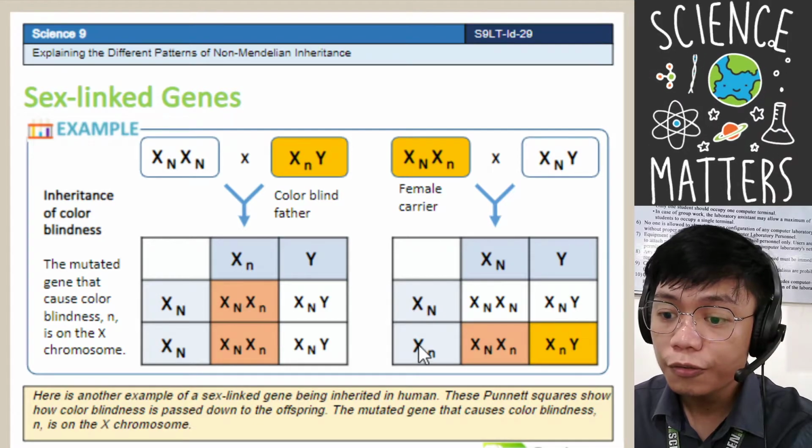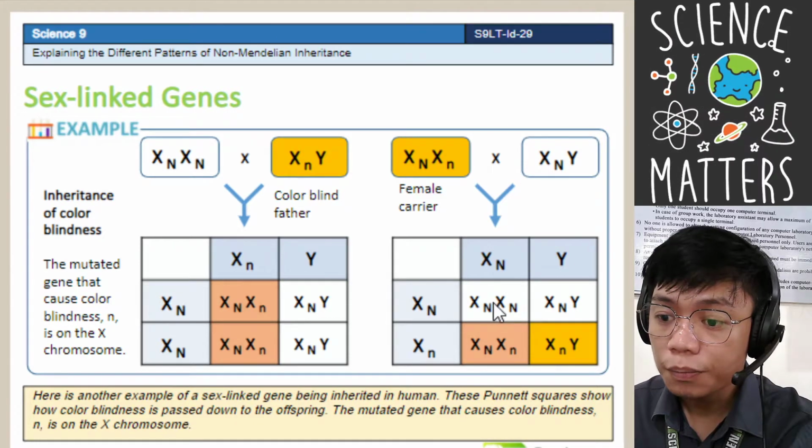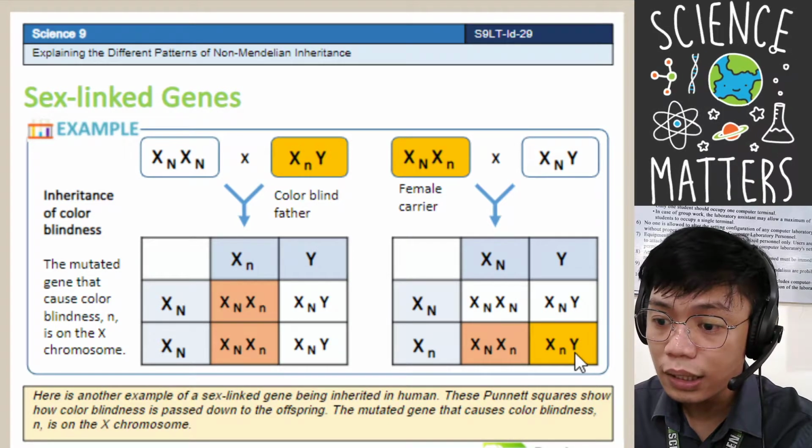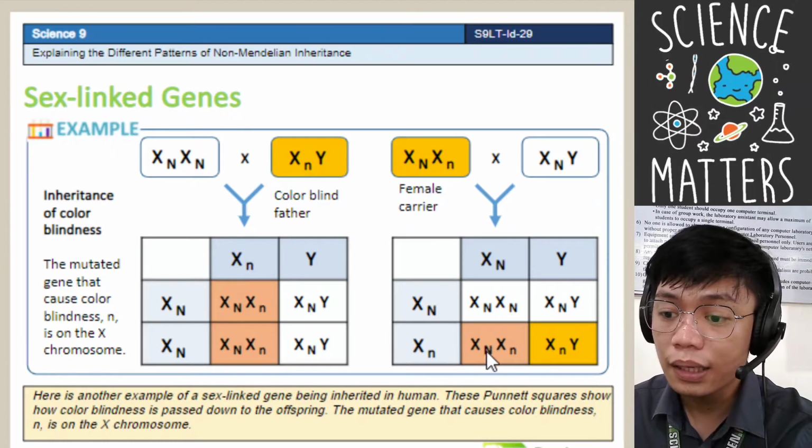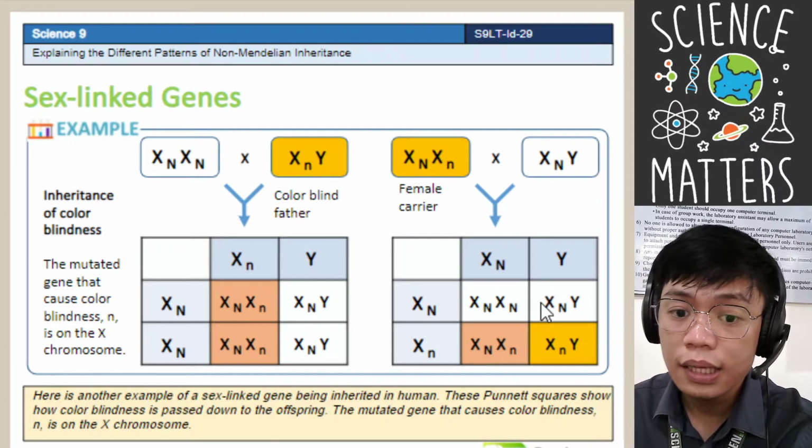Okay? So, yung female at saka yung male, dito, magre-result sa apat na offspring, whereas yung